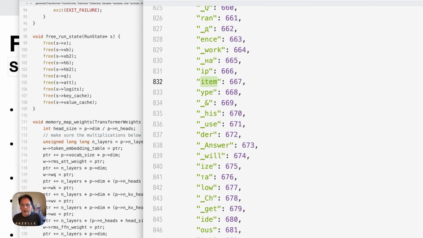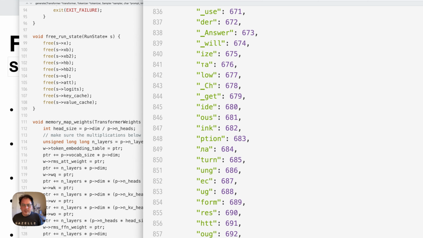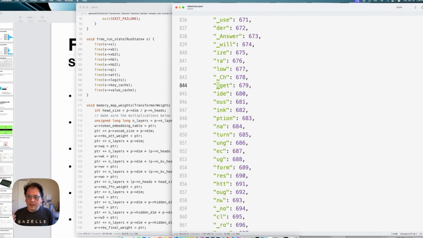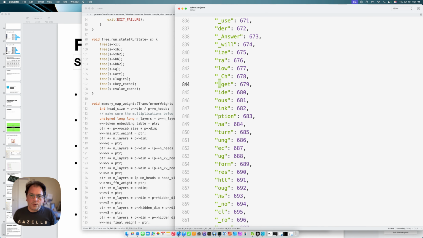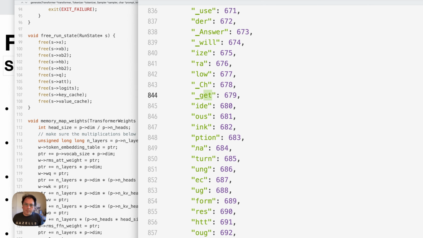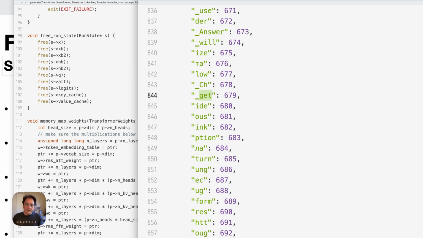So here we have the word item, and we see things like underscore get, for example. Now, what does an underscore mean? It's pretty basic. An underscore means that this word will always be the beginning of a word. So there will be a space or a new line or tab before it. This is not meant to be a word that is in the middle of another word,